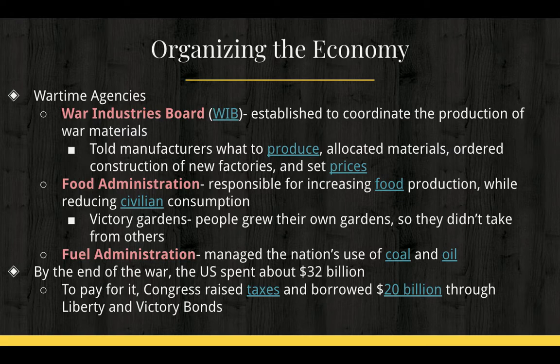They basically made it so that manufacturers were producing what they needed for the war. So they were telling them what to produce. They were allocating the materials to the people who needed them, and then they ordered construction of new factories, and they even set prices. And then the Food Administration is basically responsible for increasing food production while reducing civilian consumption